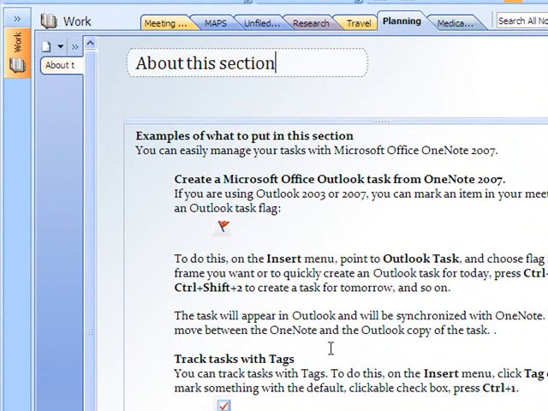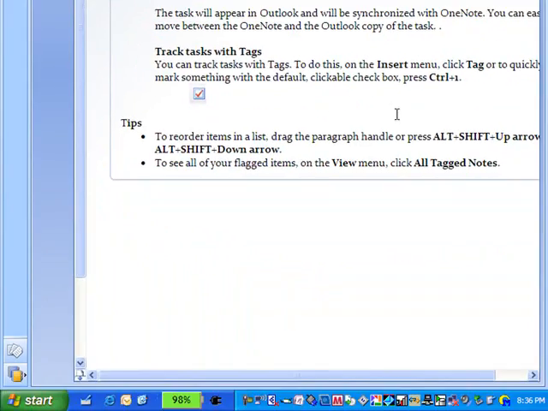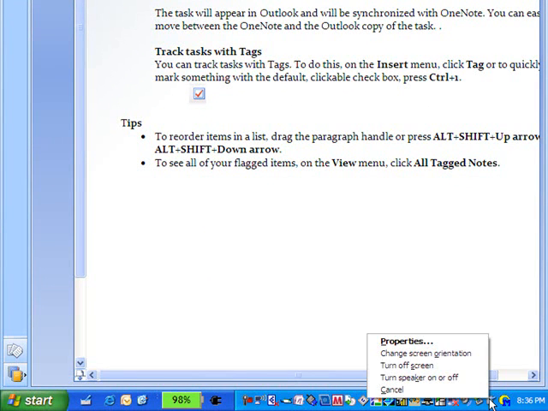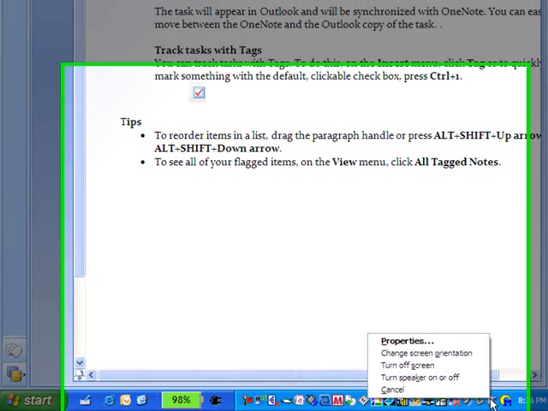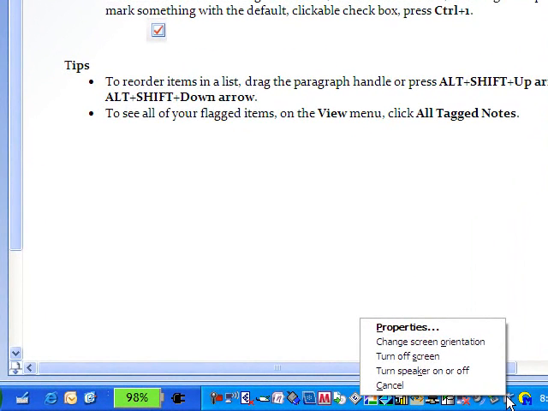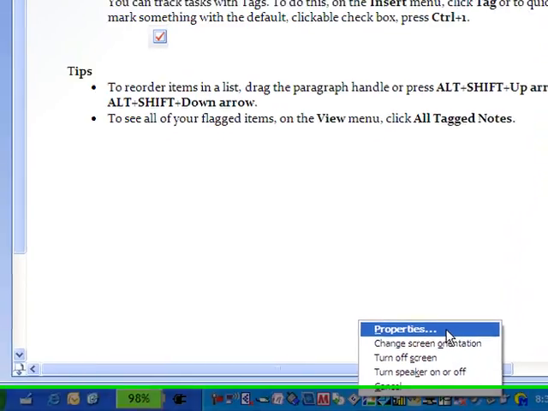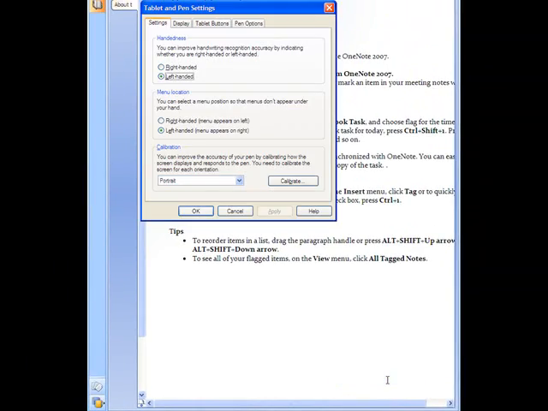And I'll have to tell you that most of what I've learned about Microsoft OneNote, I pretty much learned on my own. I'm going to go over just a few things again about the stylus if I can, just because it's very helpful to you when you use this particular program, because you are going to be using a stylus, and those are the things that you need to consider: training the stylus. And to do that,